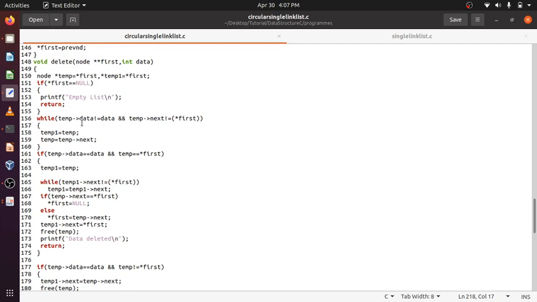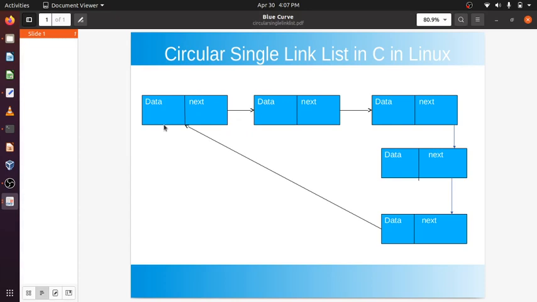Temp will be pointing to the first node, so first will become temp next, the second element, and temp1, which points to the last element, will be made to point to the second element. Simply doing this. This one I need to delete.